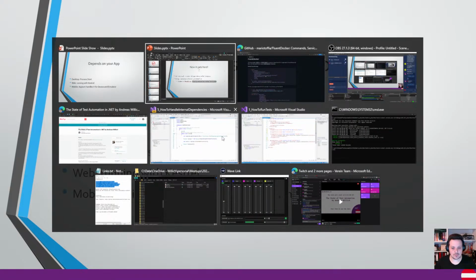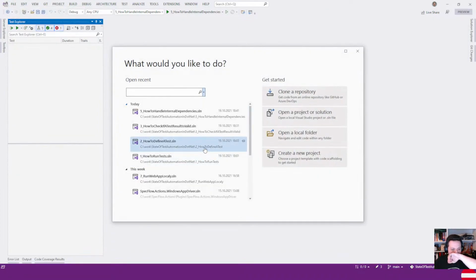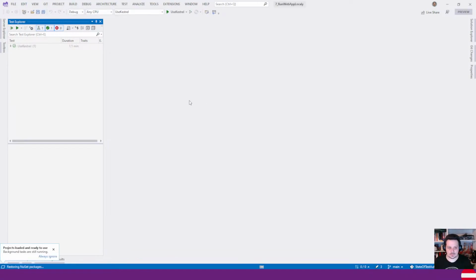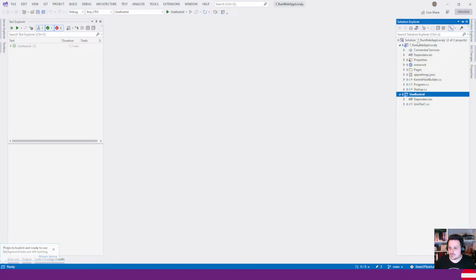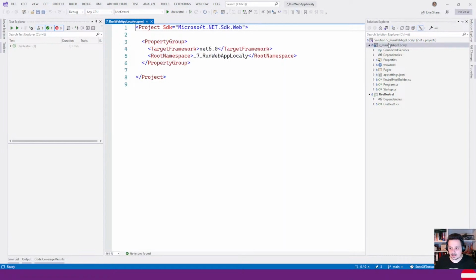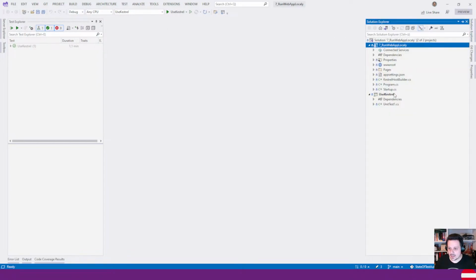So where's my Visual Studio? So what we have here is a solution with two projects. We have one ASP.NET Core application. I think it's 5. Yes. And we have one unit test project. And